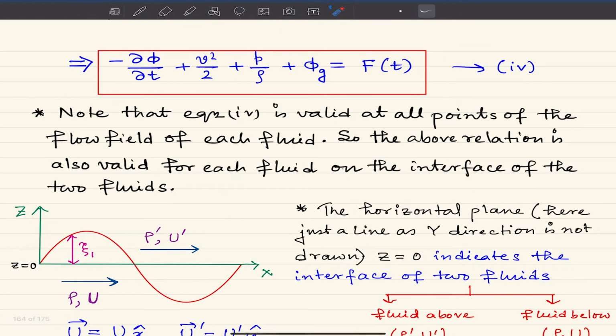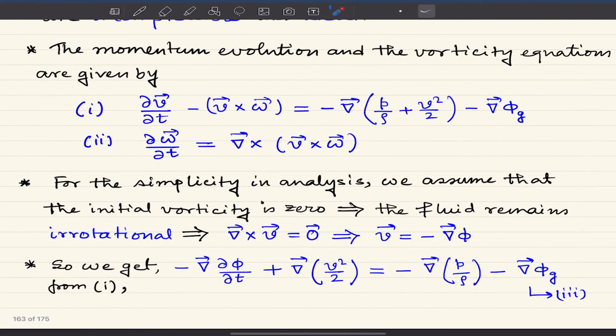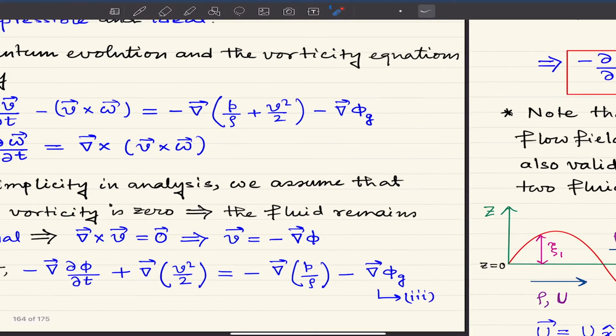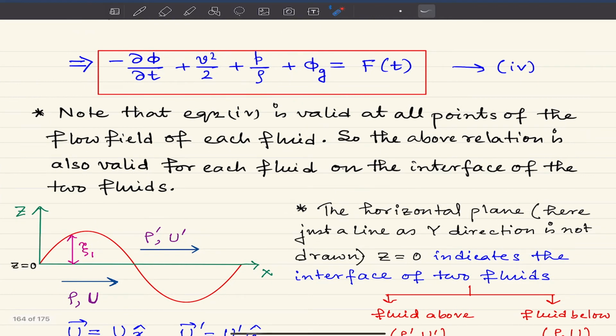So finally you can write that the gradient of minus ∂phi/∂t plus V squared by 2 plus p by rho plus phi g will be equal to 0. So the whole thing under the gradient will be a function of time only, because its gradient is 0. And that's exactly what I have written over here: minus ∂phi/∂t plus V squared by 2 plus p by rho plus phi g is equal to